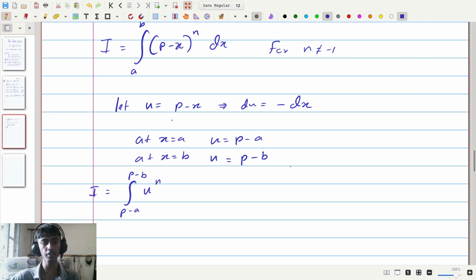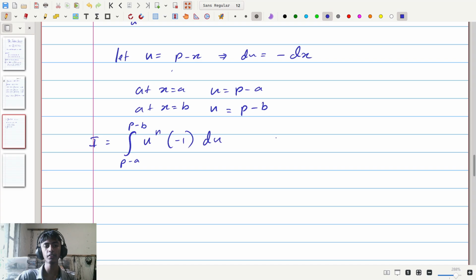So u to the power of n, since p minus x is equal to u, so therefore this thing is going to be u to the power of n, and dx needs to be replaced by -1 times du, because negative dx is du, therefore dx is negative du. So we have -1 times du. Now then, since we have this -1 here, we are going to swap these two limits of this integral and turn this into the integral from p minus b to p minus a of u to the power